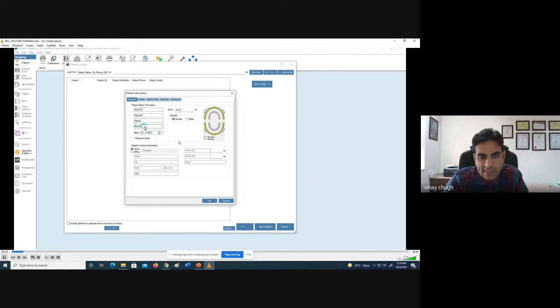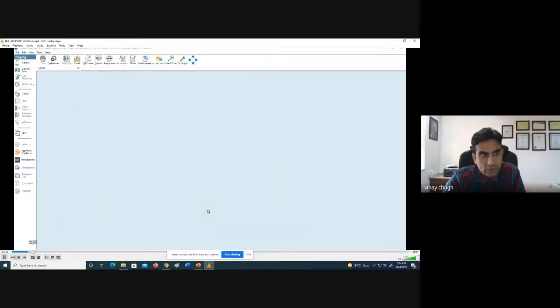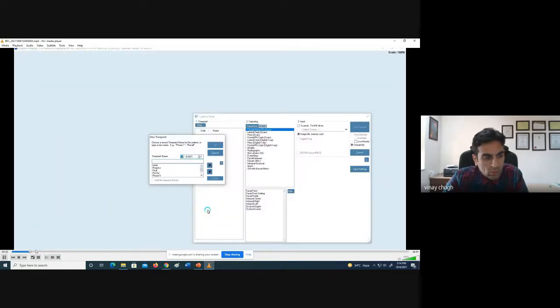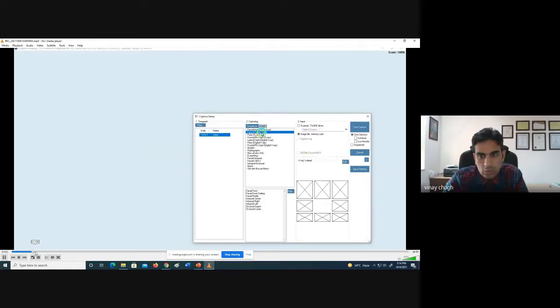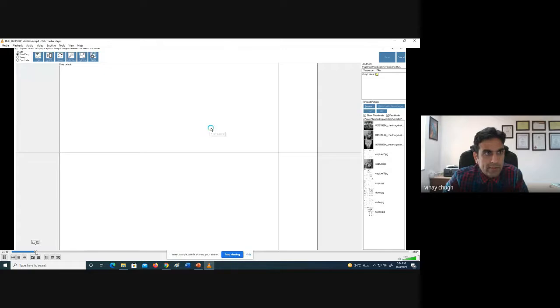We fill the patient data and then we acquire its scan onto this software. Once we are able to acquire the scan, we can choose any one. So I choose a lateral cephalogram from the images of the patients.